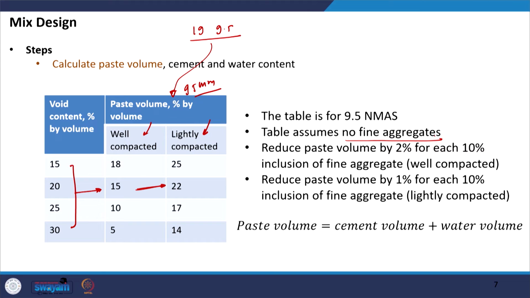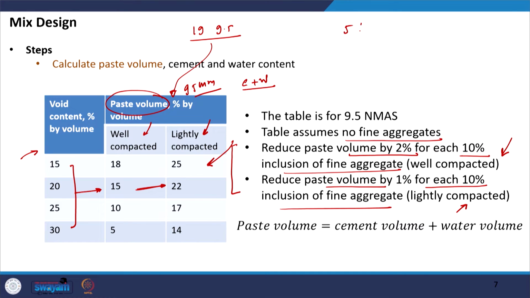Now, this is again one important point, that in this table, the paste volume which is given here comprises only of cement and water. In case you are using fine aggregate, which will also form a part of the paste, then you have to apply some corrections. Okay. How will you apply? Reduce the paste volume by 2% for each 10% inclusion of fine aggregate if you are using a well compacted condition. In case of a lightly compacted condition, reduce the paste volume, which means these values which you are taking, for every 10% inclusion of fine aggregate, which means let us say if you are using 5% fine aggregate, then